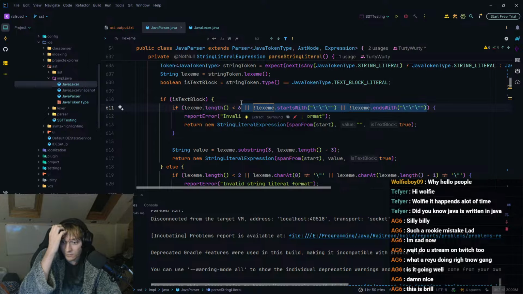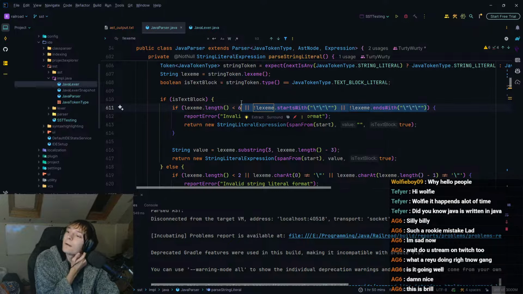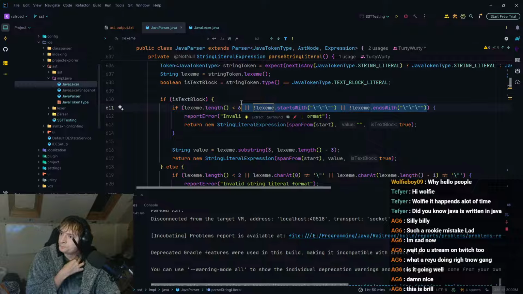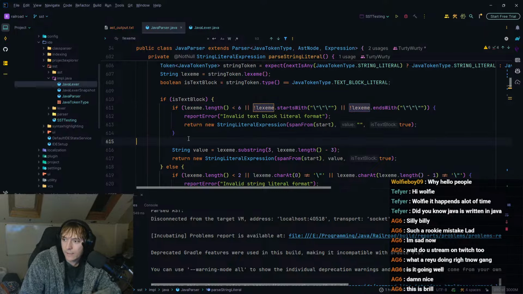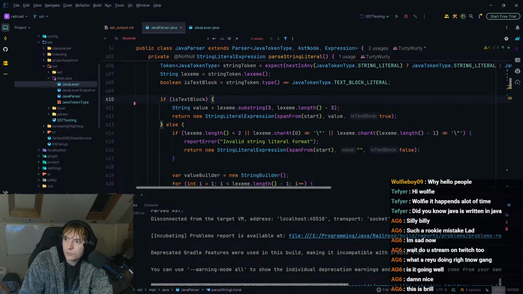This is blowing my brain. But I kind of know what I mean. I kind of want to just remove it and see, because this isn't correct at all. It just shouldn't do that.